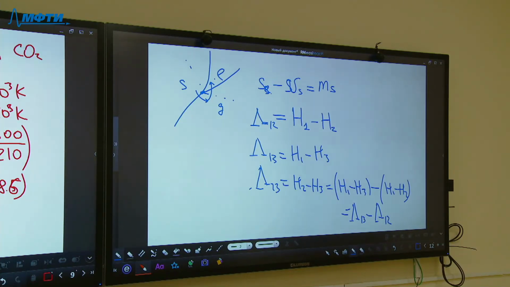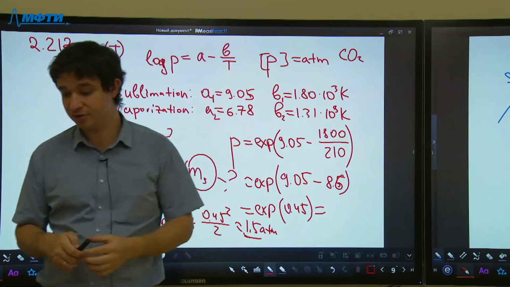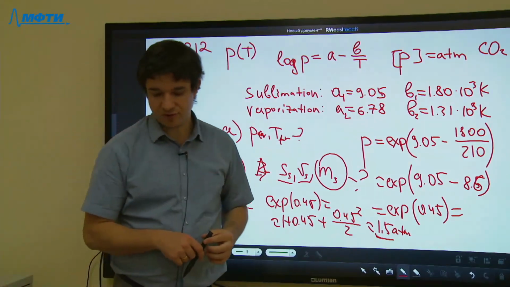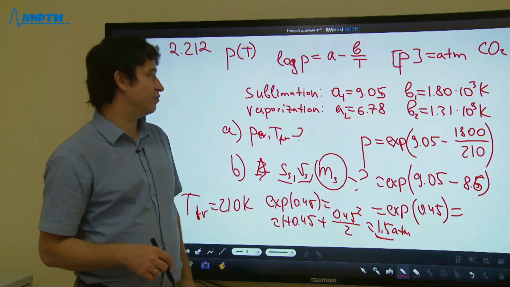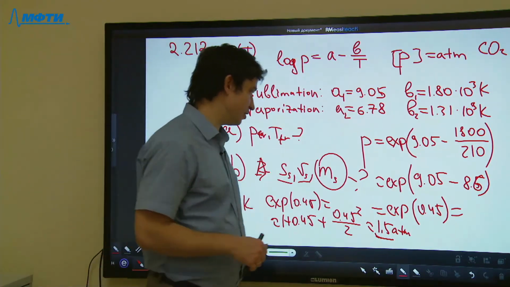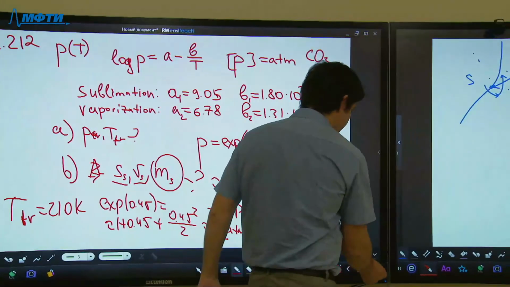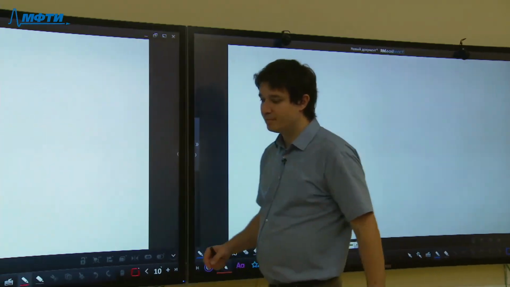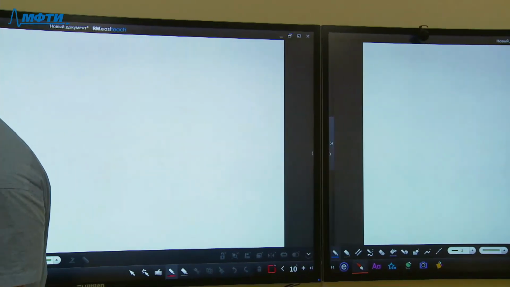Okay, so if you don't have any questions regarding this problem, we can move to the next one. I'm not going to obtain the numerical values here, because I think we don't have too much time for this. Yeah, so we have 2 problems left and half an hour of our class. Any questions? No questions, okay. The next problem is